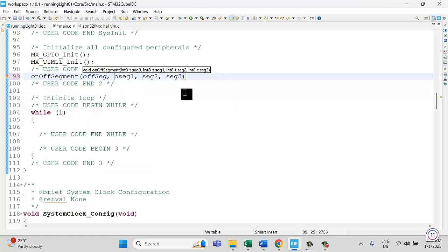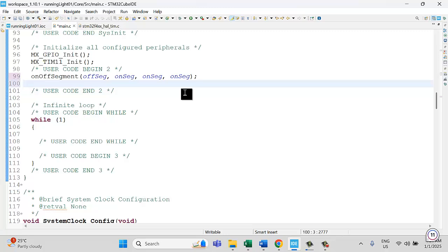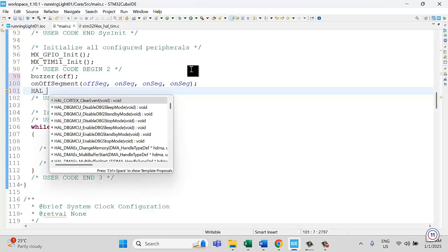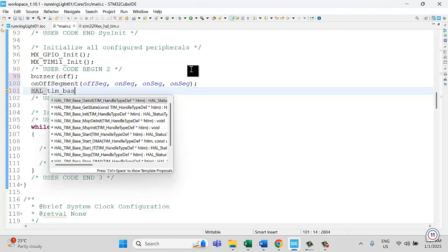and then we turn on the segment, then we turn on this segment again, and then we turn on this last segment, because we have 3 here. Then we have the buzzer. Better to turn it off here, buzzer off, and after that we can set our timer,